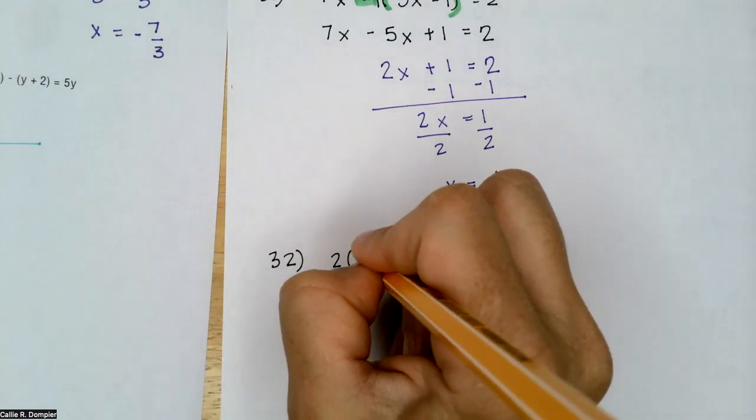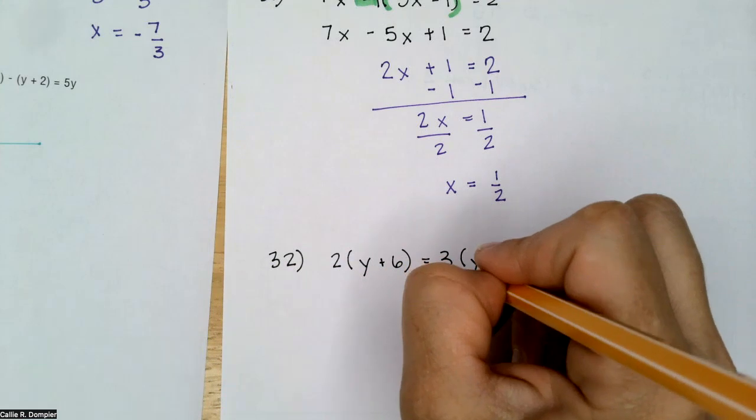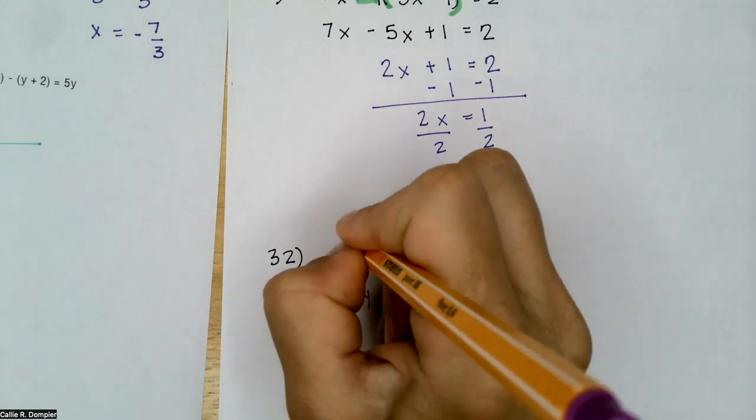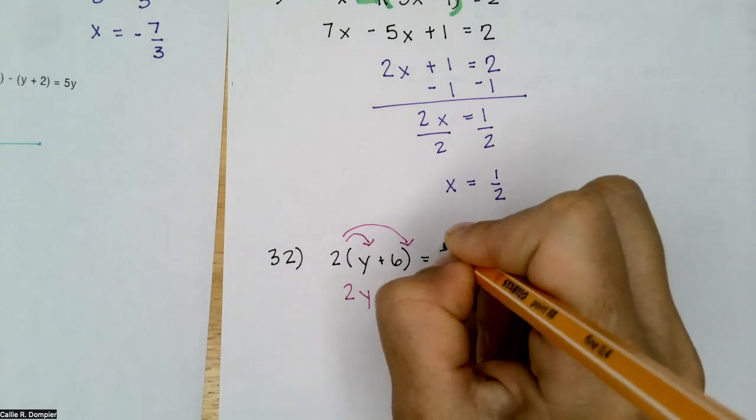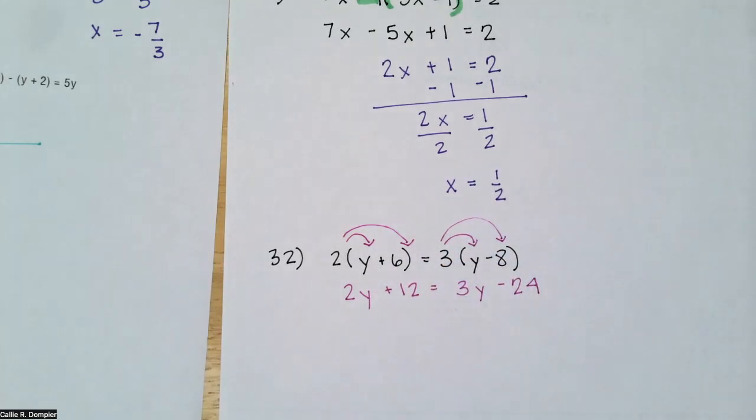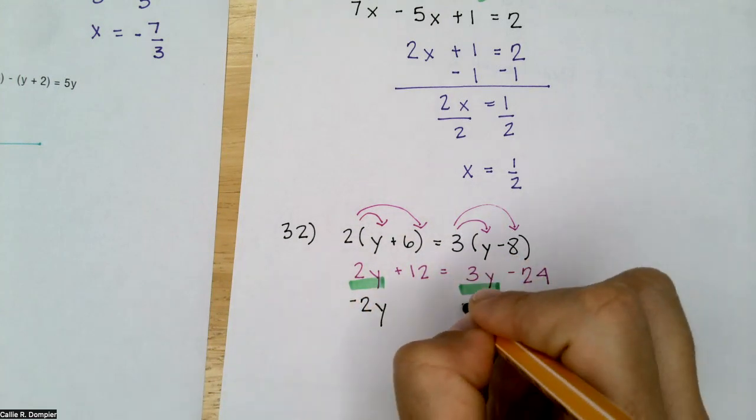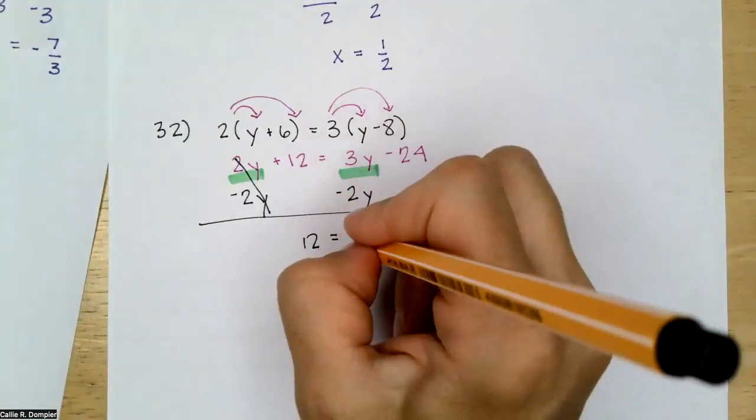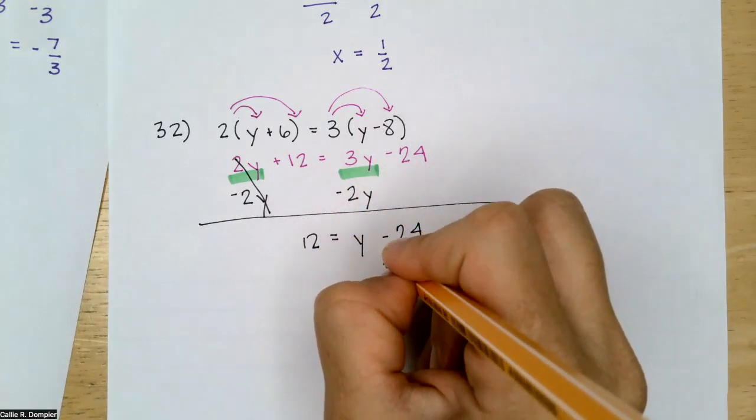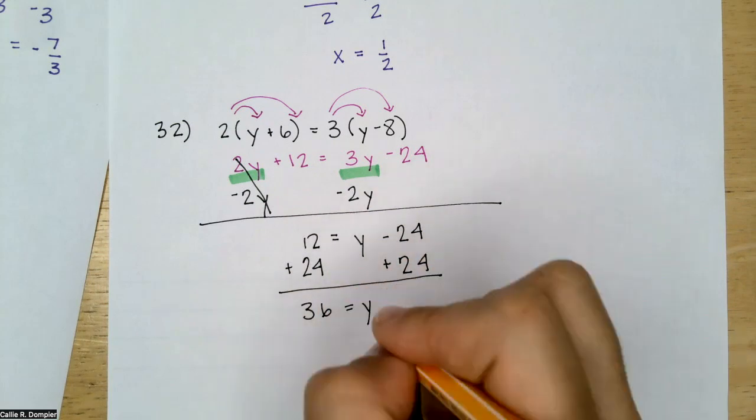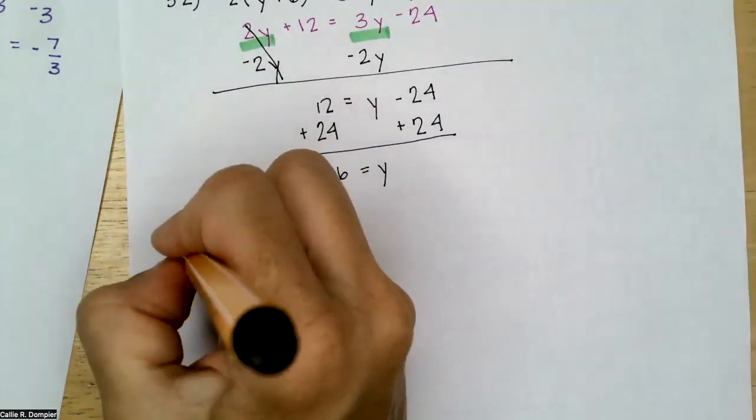Number 32 is 2 times the quantity y plus 6 equals 3 times the quantity y minus 8. Distribute the 2. 2 times y is 2y. 2 times 6 is positive 12. 3 times y is 3y. 3 times a negative 8 is going to be negative 24, or minus 24. Now again, look at your variables to make sure you can keep it positive. So to keep it positive, I'm going to move the 2y instead of moving the 3y. Now I have 12 equals y minus 24. I want y alone, so I'm going to add 24 to both sides. 24 and 12 is 36. So y is 36 for number 32. And our last one is